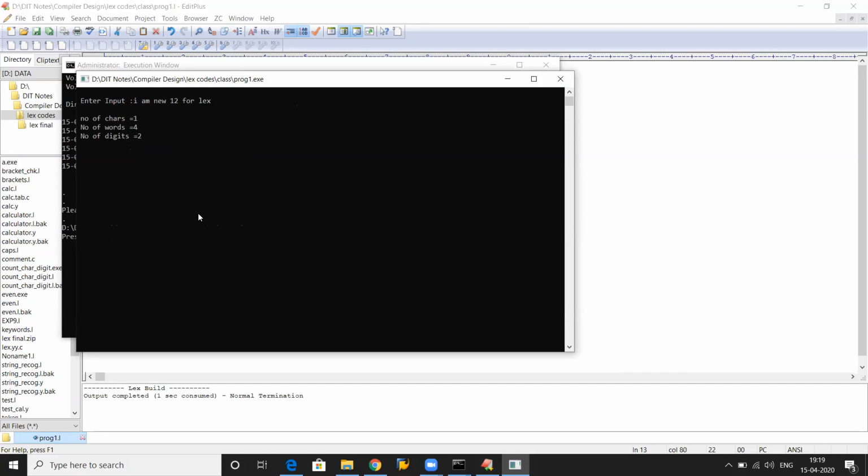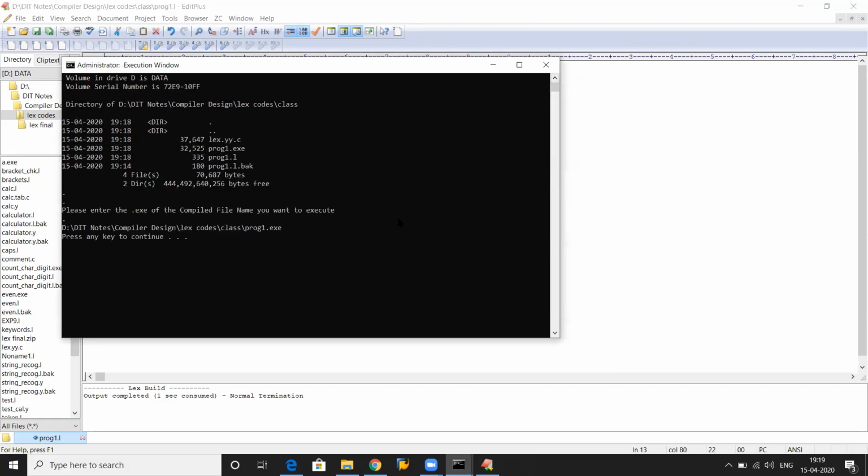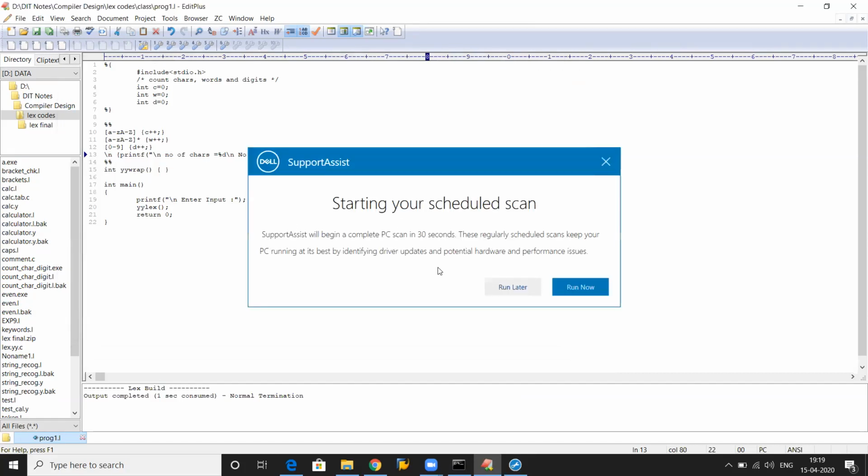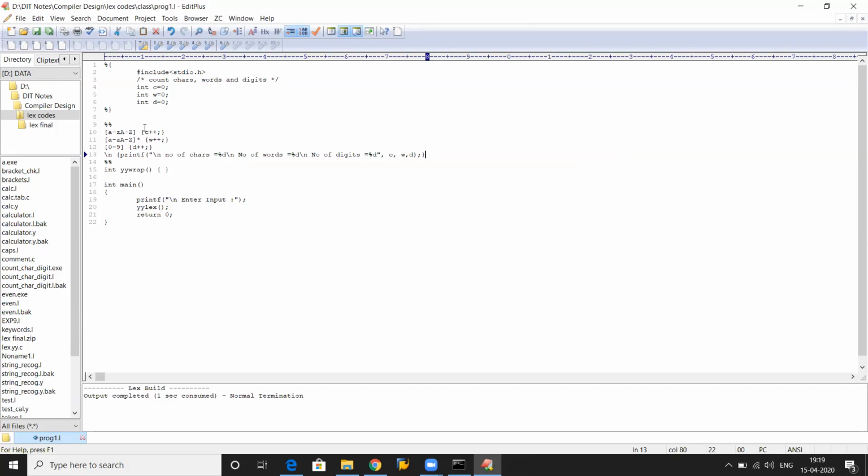It has counted the number of characters wrong, right? So what is wrong with it? Number of characters, the number of words, and the number of digits.